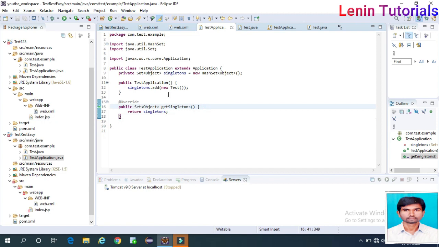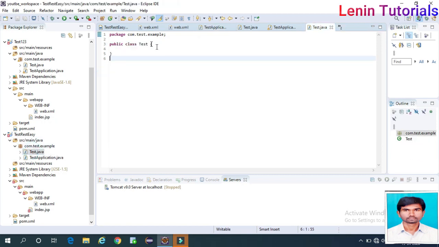see, this is the constructor of this one. Here we took one HashSet. To the HashSet we are adding the test class. We are adding this one. Okay, but this is a resource kind of. So what I'm doing, I'm adding @Path. What is the URL here? I'm giving the URL test only. Okay, test application test.